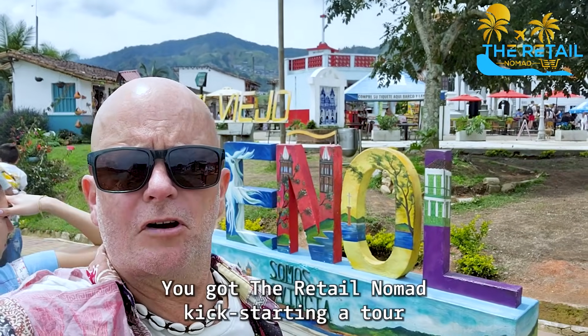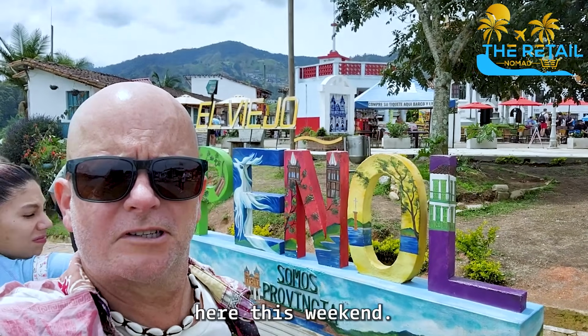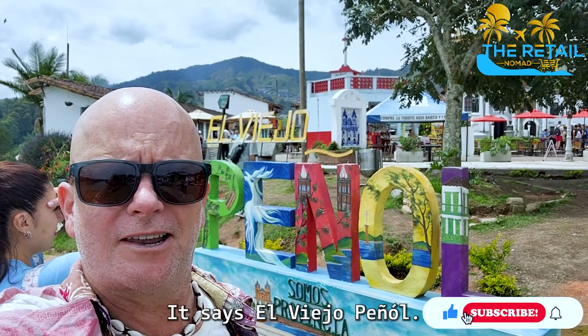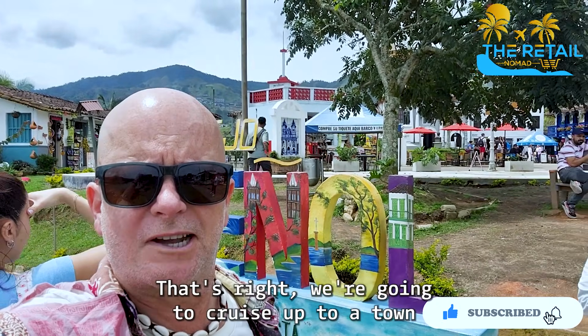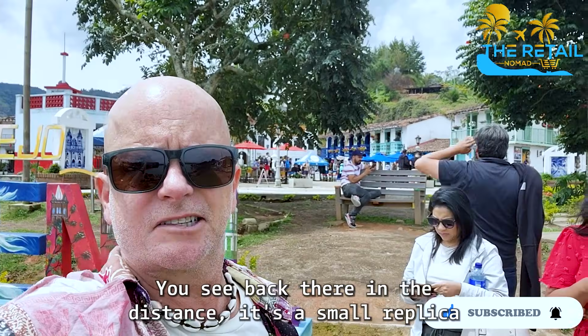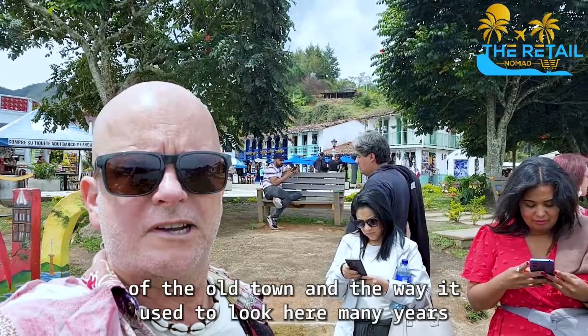Got the Retail Nomad kickstarting a tour here this weekend. You see there? It says El Peñól. That's right, we're going to cruise up to a town by the name of Guatapé. You see back there in the distance, it's a small replica of the old town the way it used